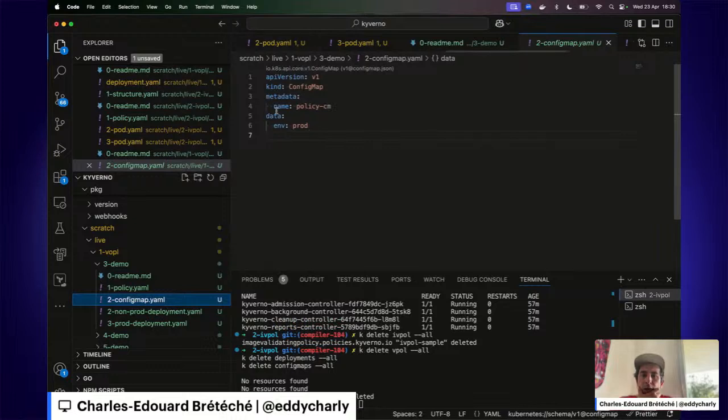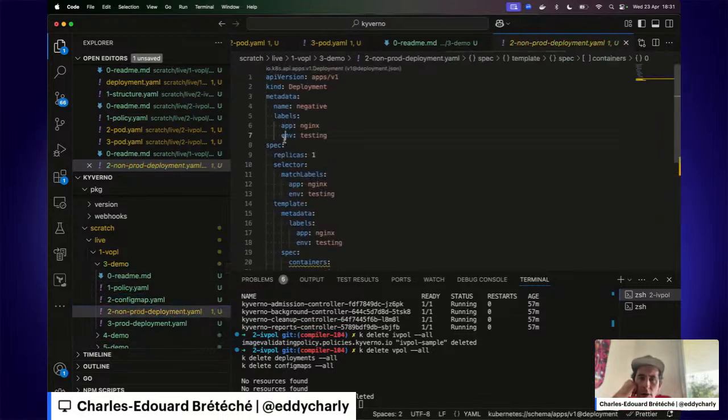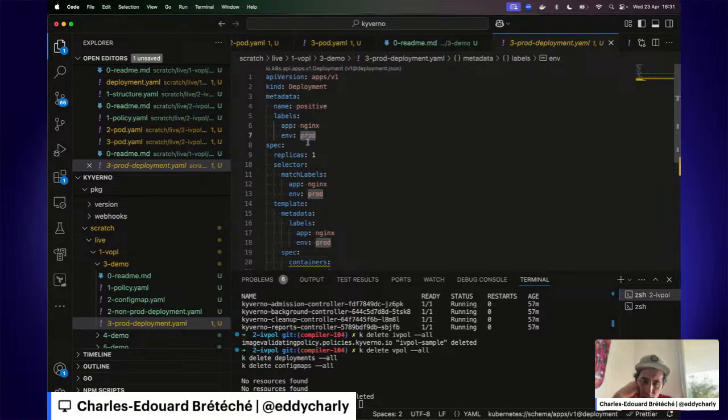In the config map, we will just define env and we will set the value to prod. So every deployment with an env label will be tested against what we have in the config map. So in this case, it will be prod. This one should be rejected because env is not prod, it's testing. But this one should be accepted.